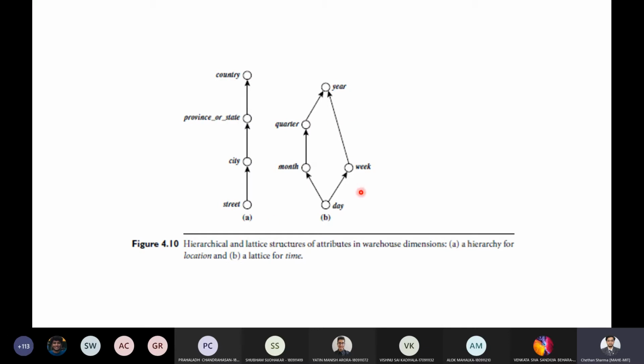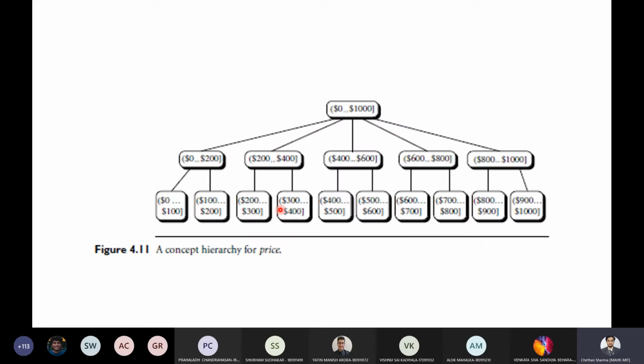This is just a lattice representation for the time dimension. Again, this is another example of a concept hierarchy for price. Here a set of $100 is grouped. At a higher level it might be a set of $200, and finally $1,000. 0 to 1,000 will be the highest level of the hierarchy.